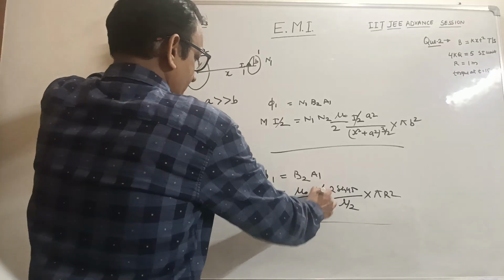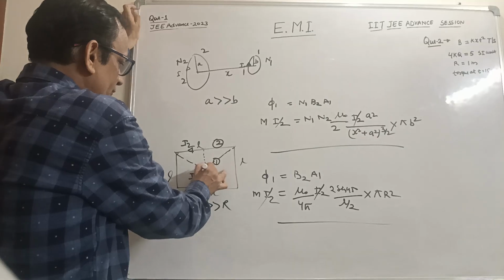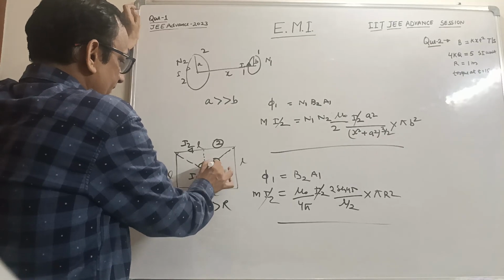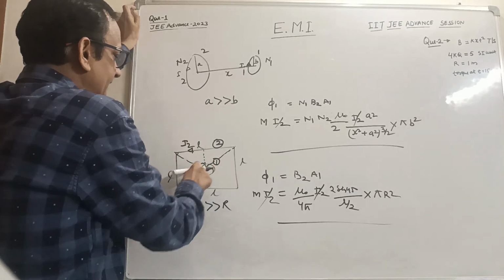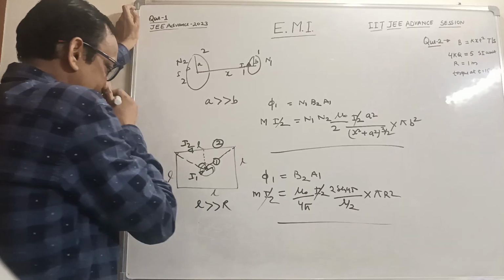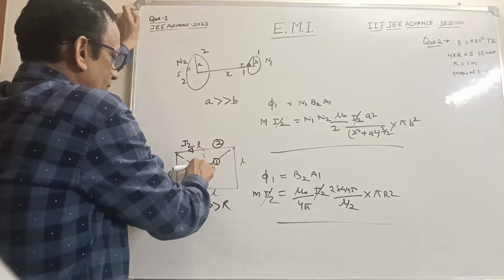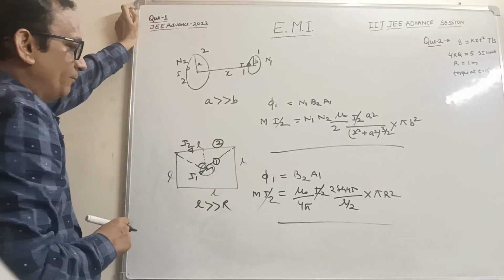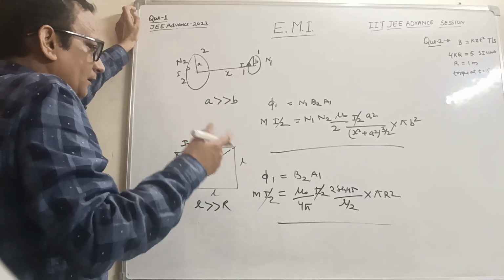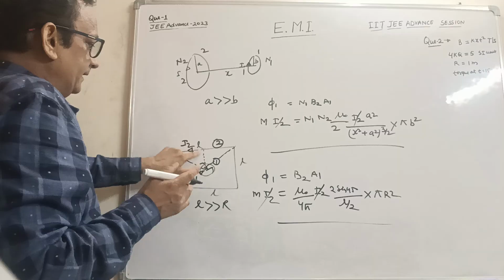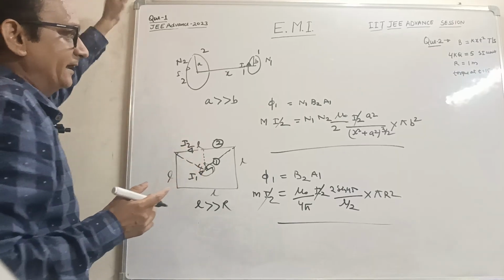This is the mutual inductance. We also assume this loop is a point here, very small. We know the magnetic field due to a wire at a perpendicular position. The formula is mu naught upon 4 pi, sin theta 1 plus sin theta 2, times I upon R, where R is the perpendicular distance.